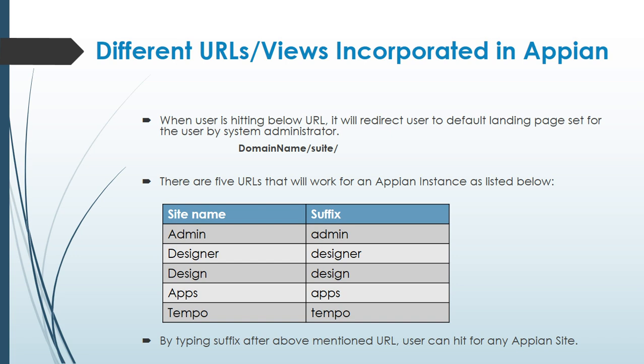So we have 5 kinds of links for different environments or URLs. We have admin. For redirecting to the admin tab, we just need to type admin after the suite slash. Similarly, for moving to the designer, we need to type designer. For design, we need to type design, tempo, and apps. Likewise,